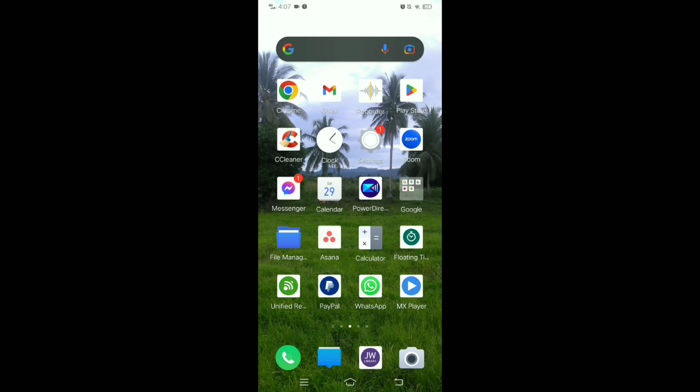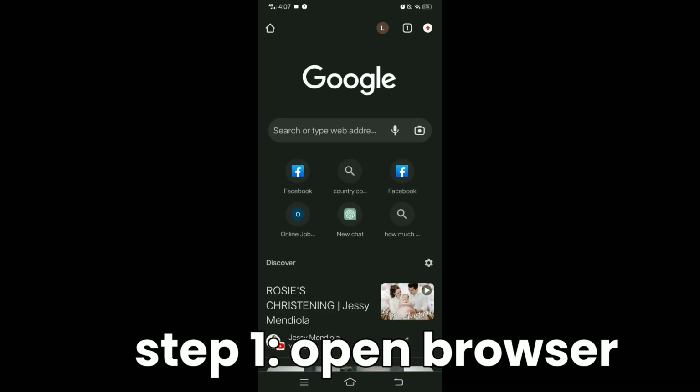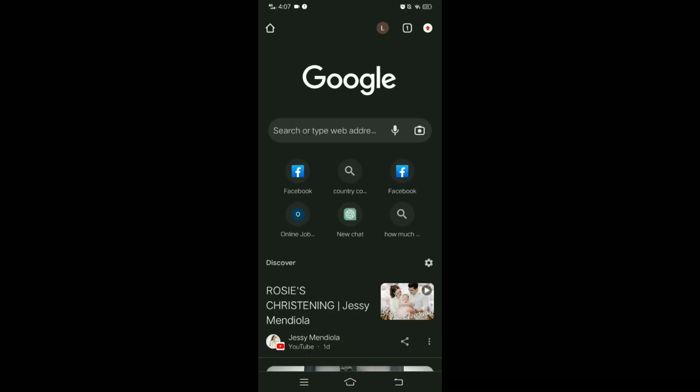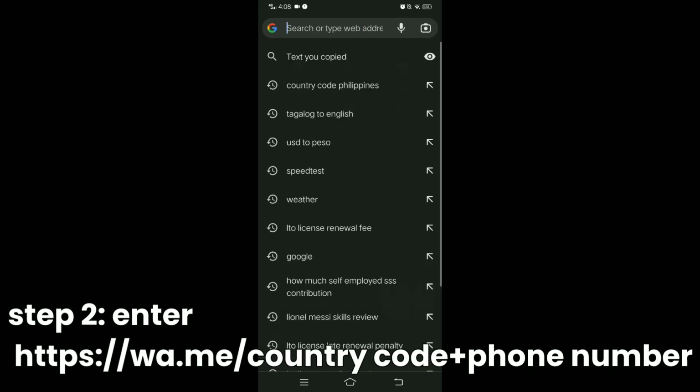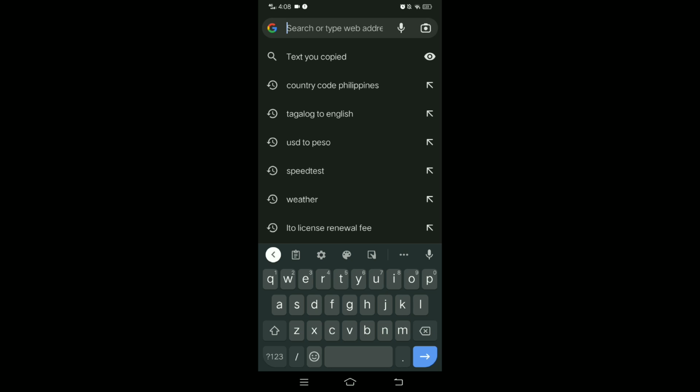So to do that, first you need to open your Google Chrome right here. And in here, you can just type the following. You can also use other Google or browser application on your mobile device if you like to. So I'm gonna use first a Google Chrome browser. And in here, I'm just gonna type